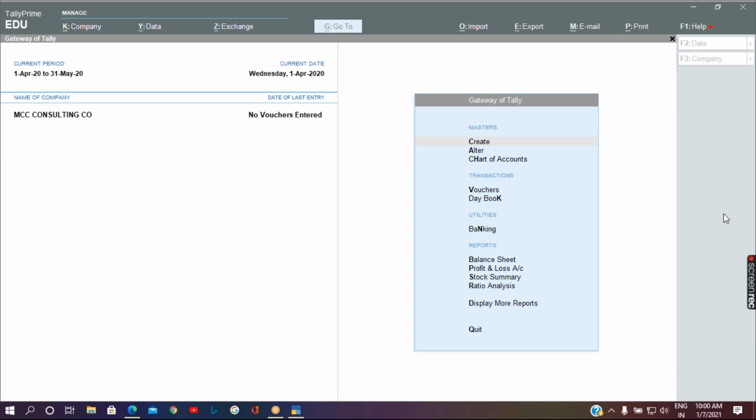So these are the 8 transaction types which we are going to use on the accounting part.